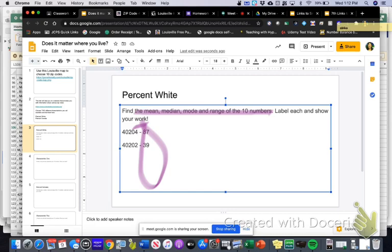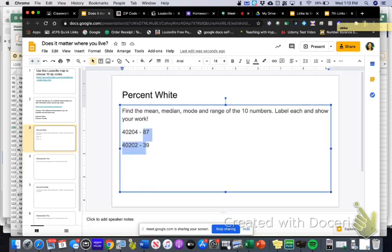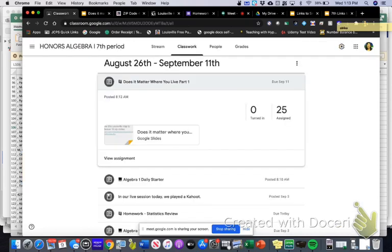Okay? Then on the next slide, I'm going to take those same 10 numbers, so the percentage of white people that live in each zip code, and I'm going to turn those 10 numbers into a box plot on the next slide. If you're like me and you're a really terrible drawer, I have included for you on your classwork